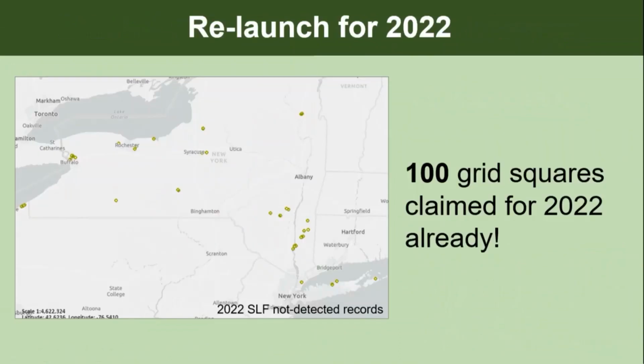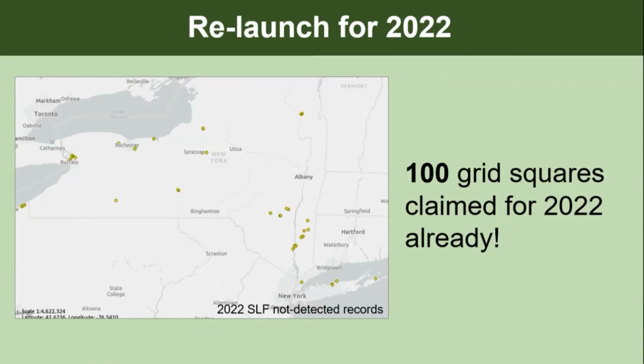And so this effort has then been relaunched for 2022. The grid square map was cleared out, and then people made new claims. And so far, we already have about 100 grid squares claimed, which puts us on really good track for the summer. And I'm very impressed with this year's volunteer group as well, because if you look at the map,